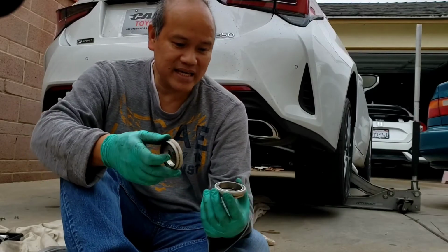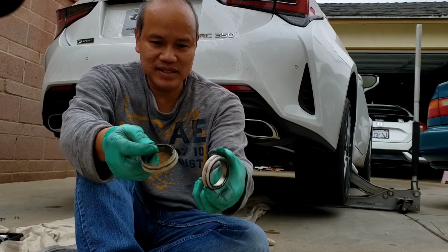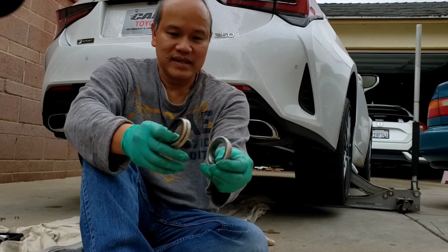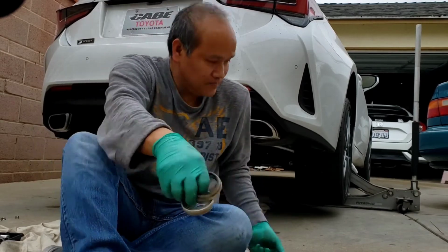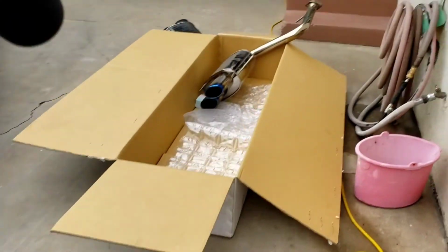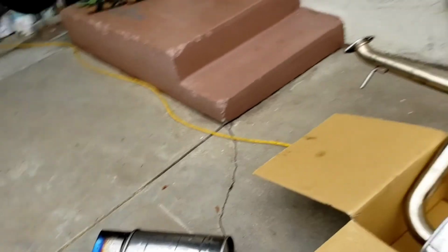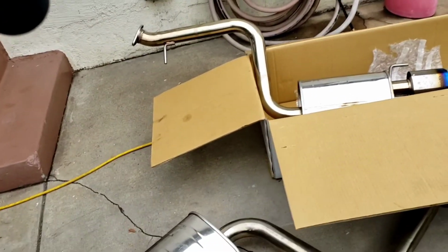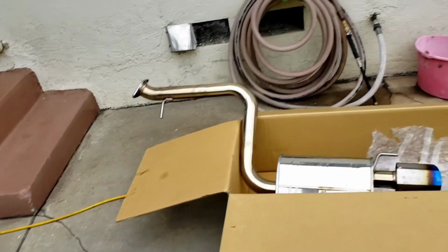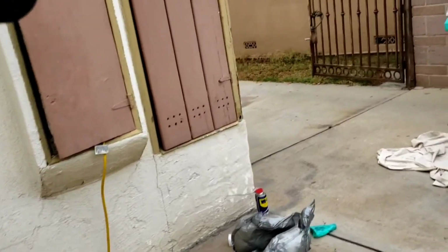Alright, what you're getting back, if you do decide to get this, is it comes with the 2 donuts and a spacer inside, and these 2 stainless steel pieces, and of course everything will be cleaned up, not polished, but just cleaned up. Okay, and now we're gonna do